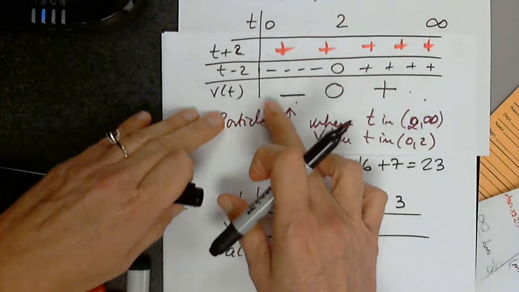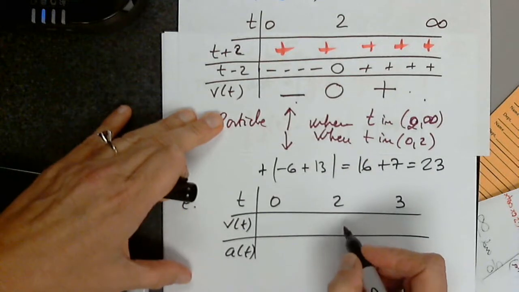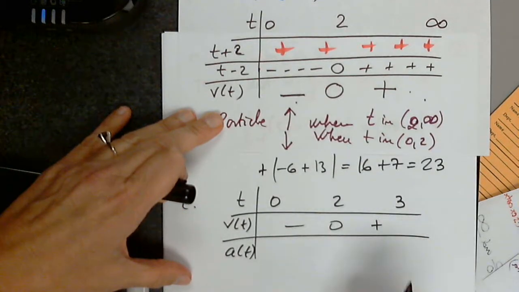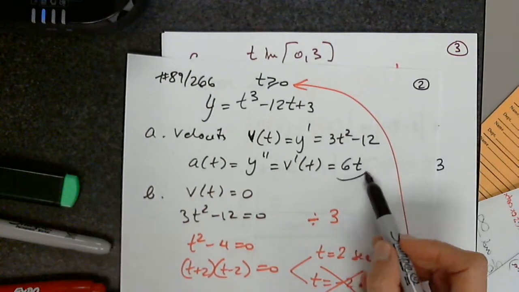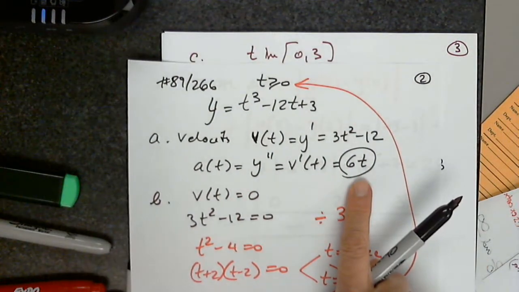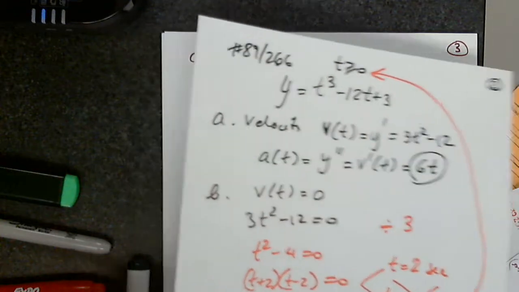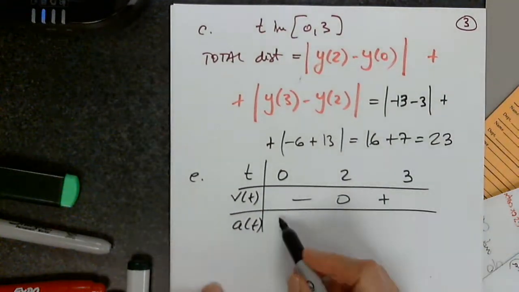So I'm only copying the sign for the velocity. So it's 0 here, negative and positive. And then I will look at the acceleration, which is 6t, which will always be positive because t is greater than or equal to 0. So then I put positive everywhere